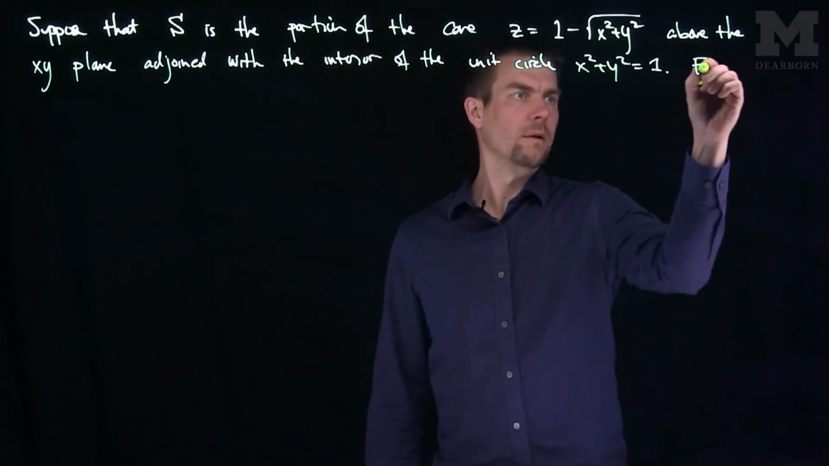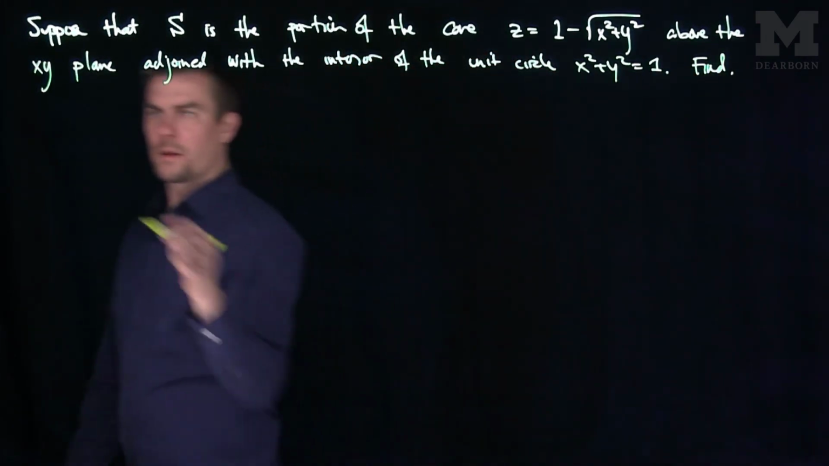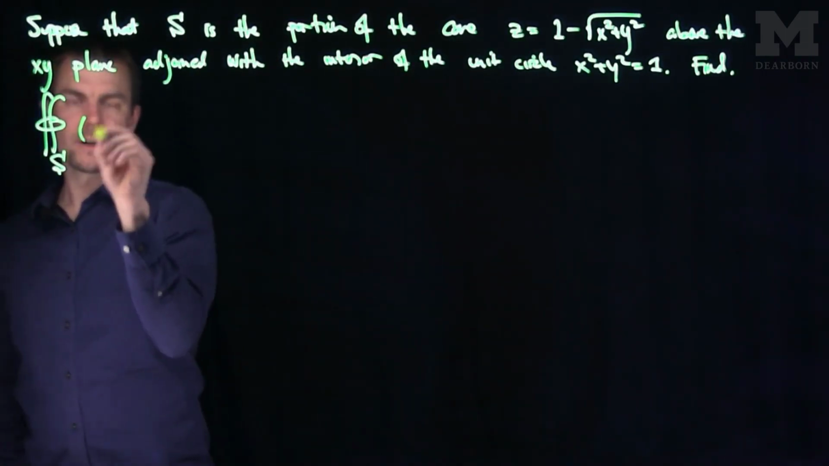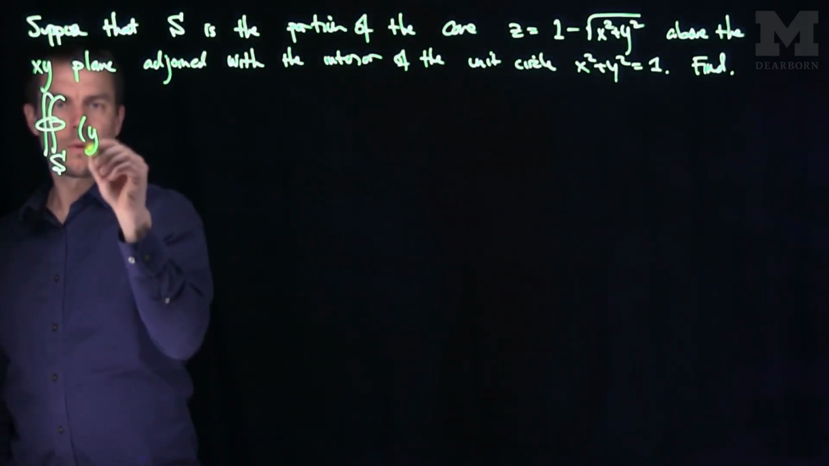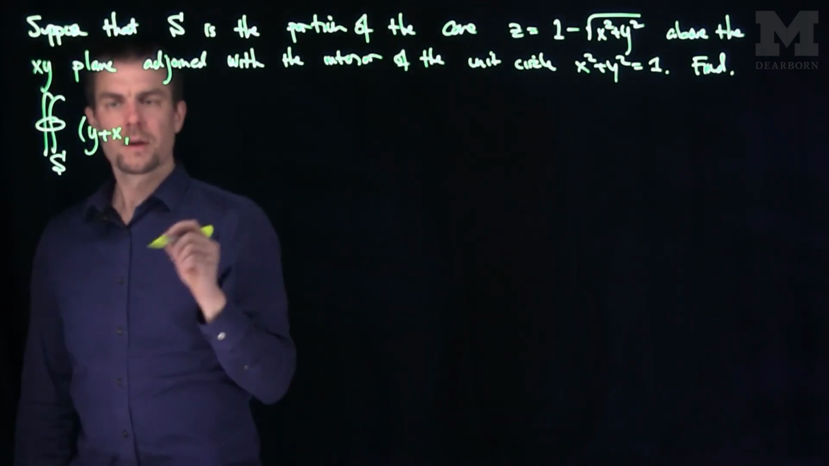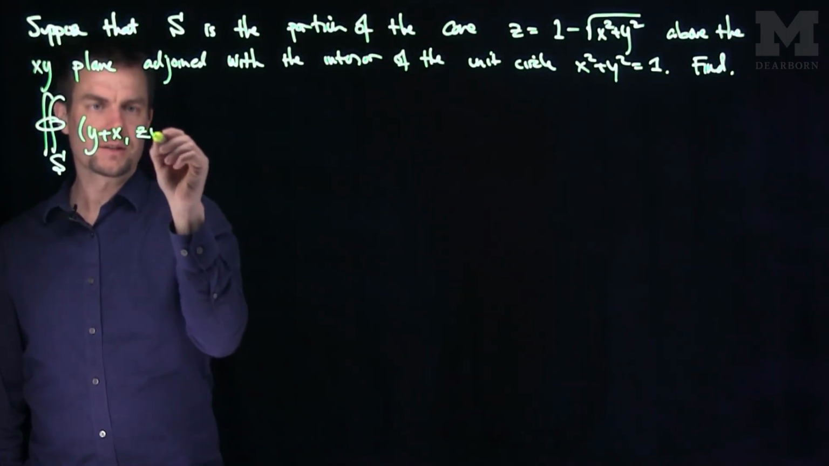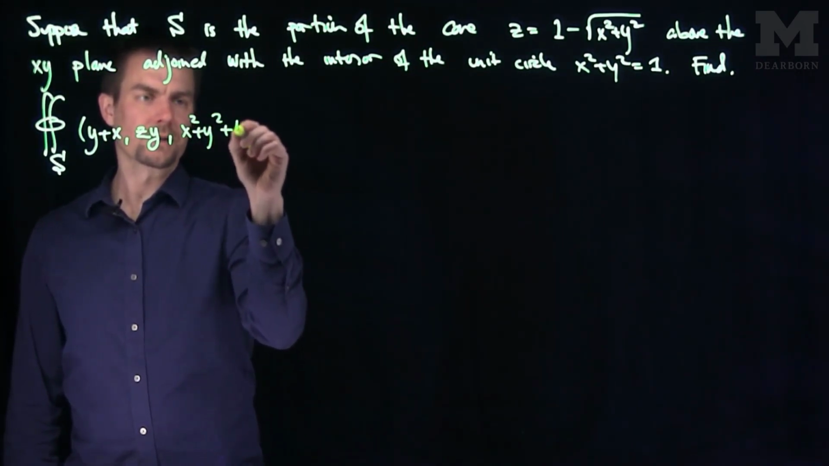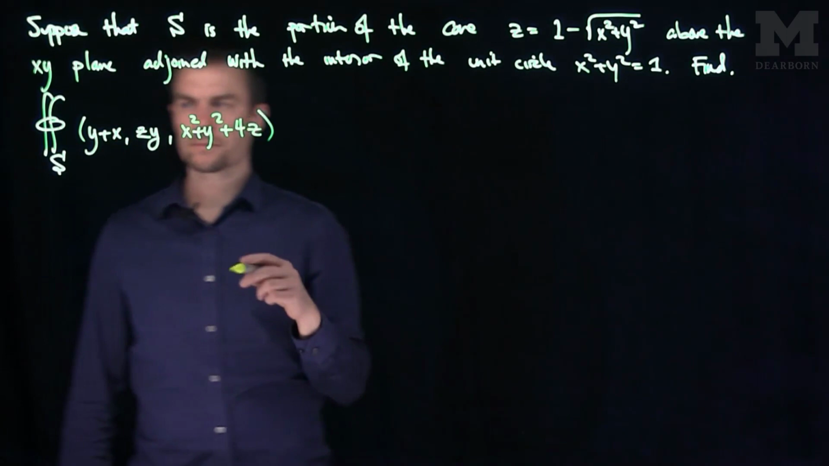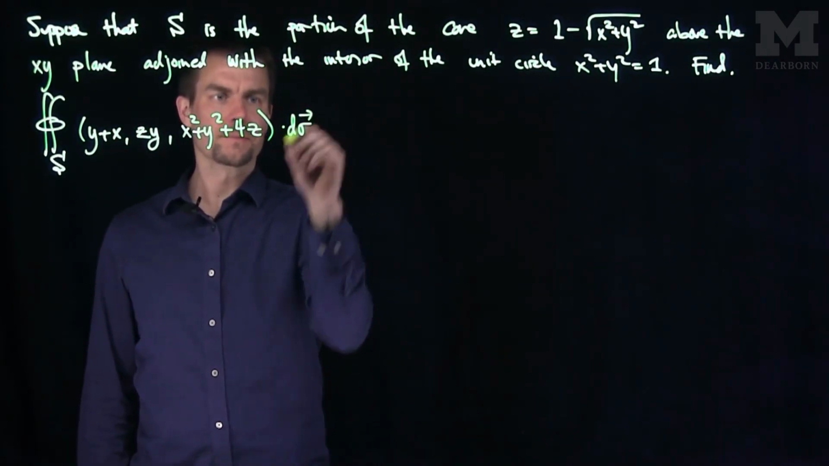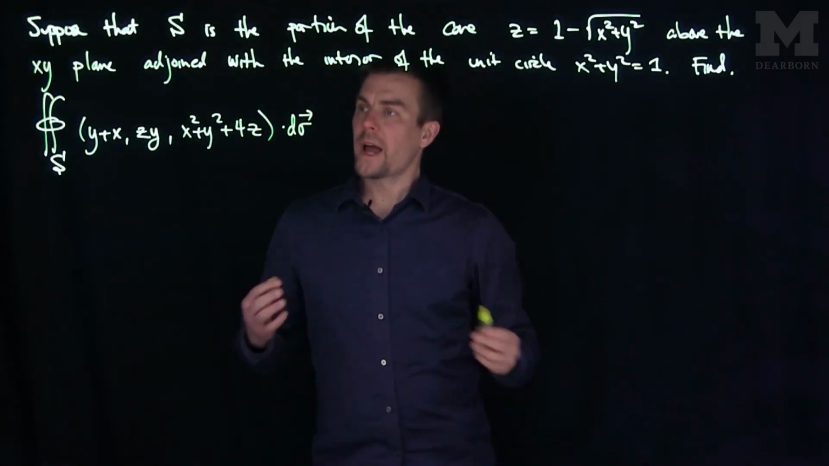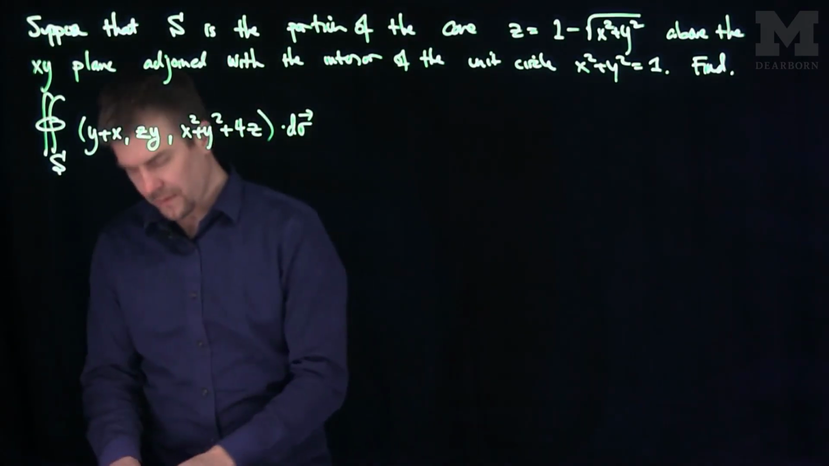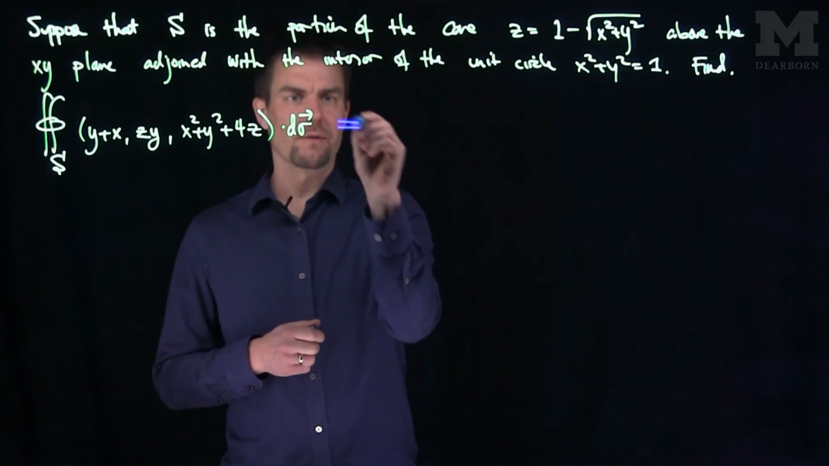Let's find the flux over this closed surface of the vector field, which is going to be y plus x, then z times y, and then x squared plus y squared plus 4z dot d sigma. When we're asked to find the flux over a closed surface, we can apply the Gauss Divergence Theorem. So by the Gauss Divergence Theorem,